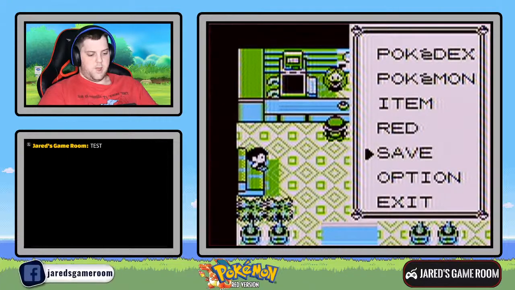Yeah, so it looks like Caterpie is the answer for Brock. So definitely want to keep Caterpie. Let's go back and look at